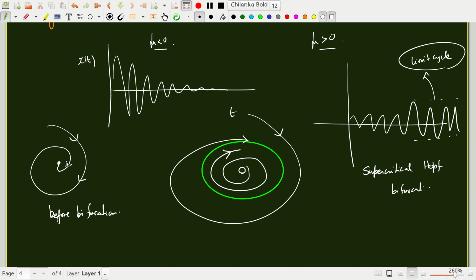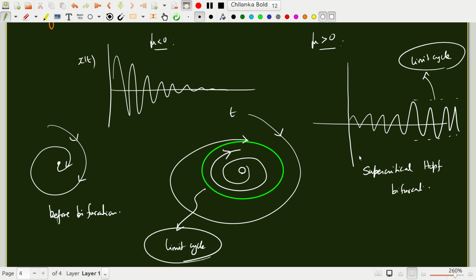This point has now become unstable, so the new state is a limit cycle. It's a closed path, but it's an isolated periodic path. There are no neighboring periodic paths, so all initial conditions will flow to this,